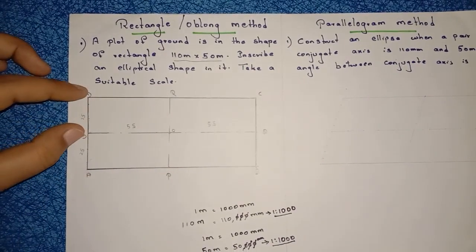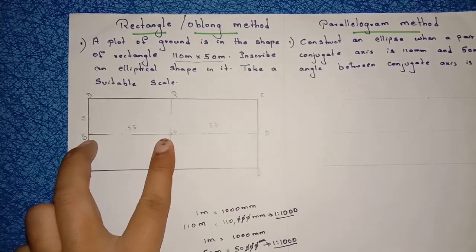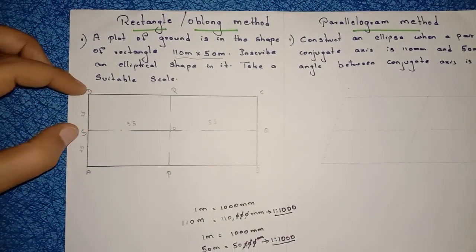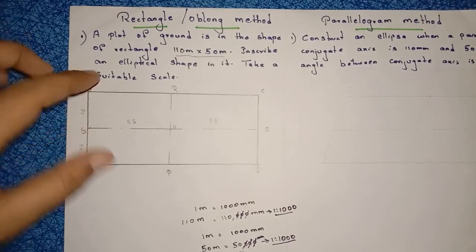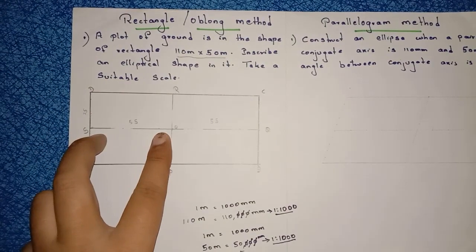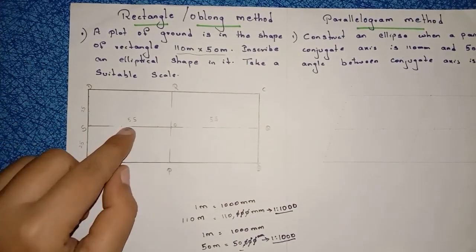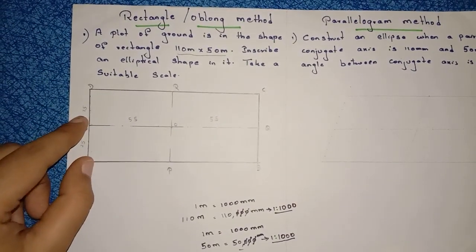If you are dividing this SJ into 5 equal parts, definitely you have to divide this into 5 equal parts. So if you are dividing this vertical line into 4, definitely you have to divide this horizontal line into 4. Right, so 25 mm, 55 mm, easily I can divide into 5 equal parts,